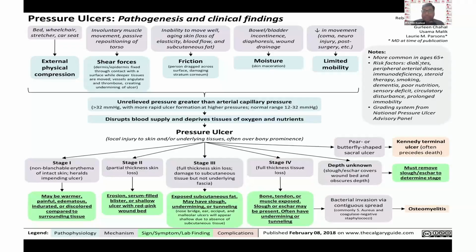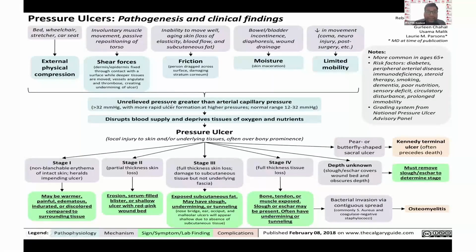So it is more common above the age of 65. Risk factors are diabetes, peripheral arterial disease, immunodeficiency, steroid therapy, smoking, dementia patients, poor nutrition intake, circulatory disturbances. The grading system was from the National Pressure Ulcer Advisory Panel. So, taking all the factors of the 5 points,